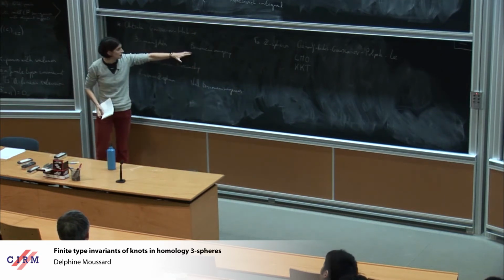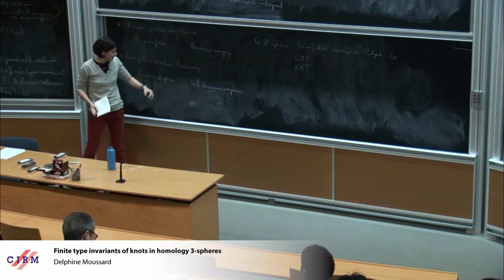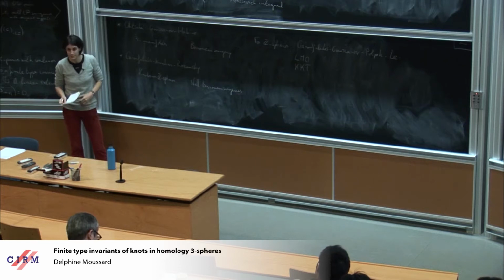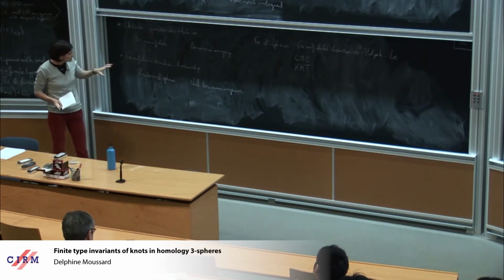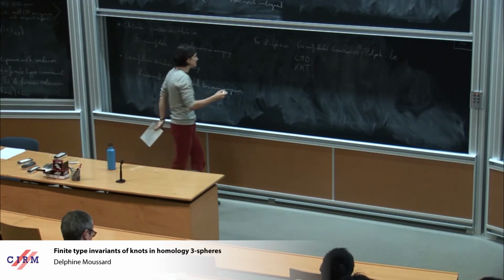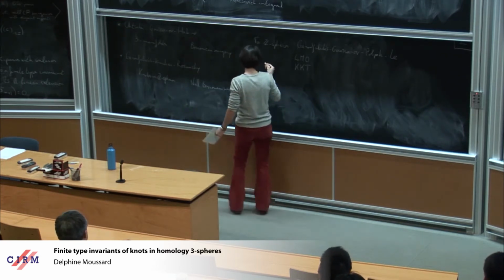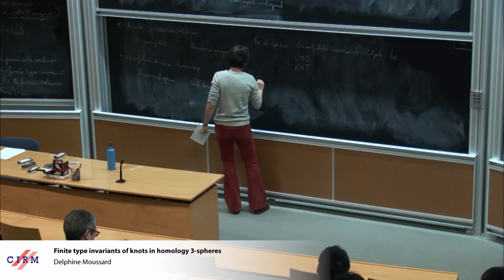So the same move as in the Goussarov-Habiro theory, but once again with some homological condition with respect to the knot. And for this theory, they have given the description of the associated graded space, once again in a restricted